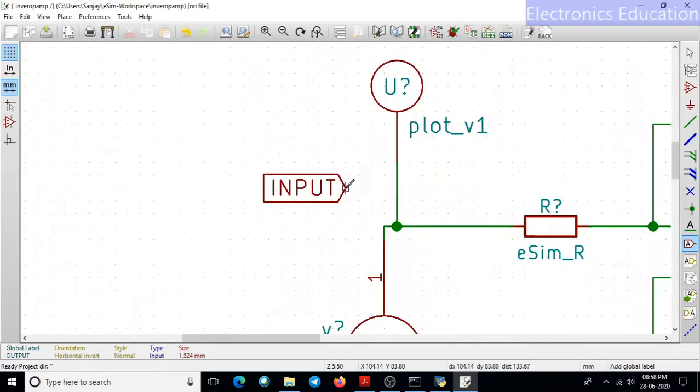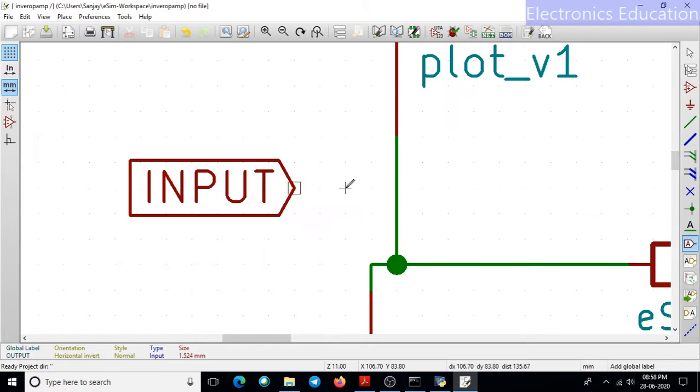Now one more thing we need to understand here. Here I have a small square. This square indicates that this component or this particular part is not connected to anywhere. So if I draw a wire like this and terminate the wire here, again a square will appear. It will indicate that this particular wire is not connected to anywhere.